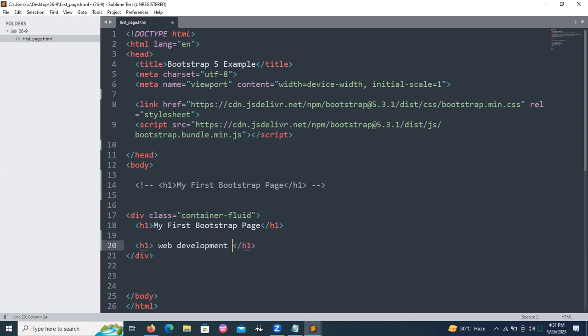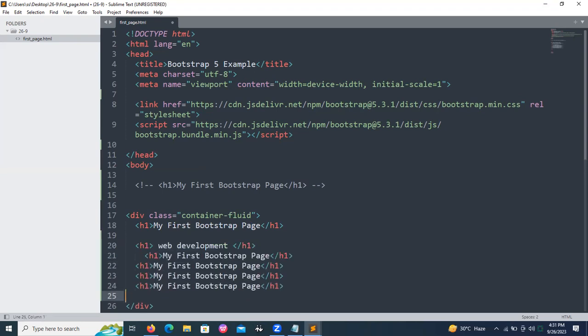Come to this point, web development. So I want to have a lot of H1s in this. I'm having 4 H1s here, but for every H1, my requirement is I need to give a class